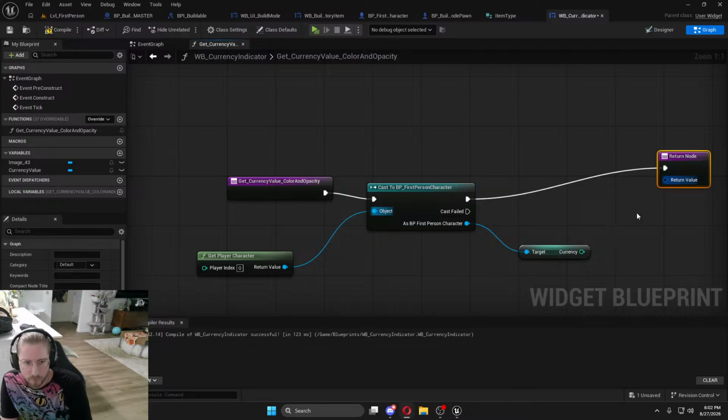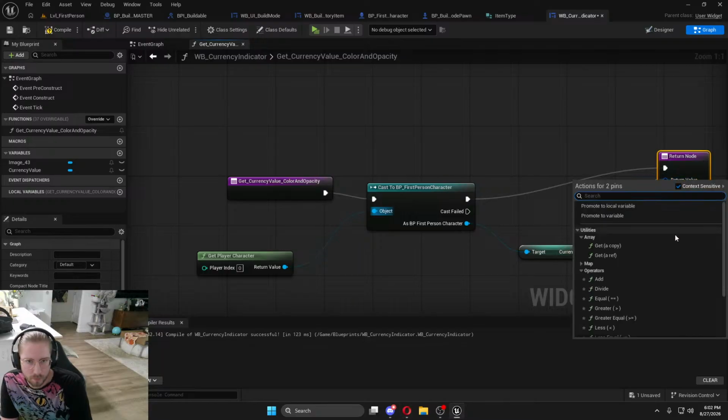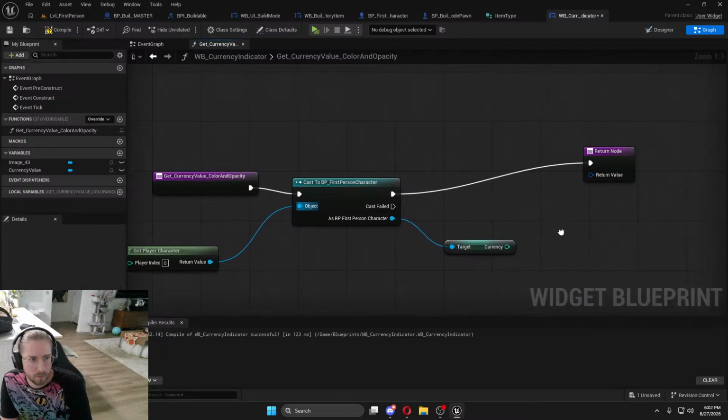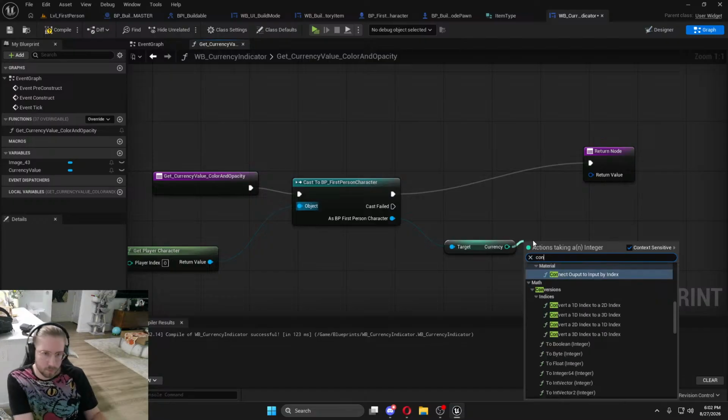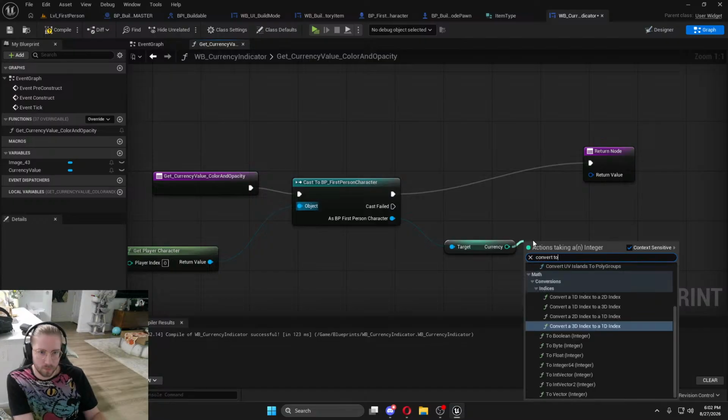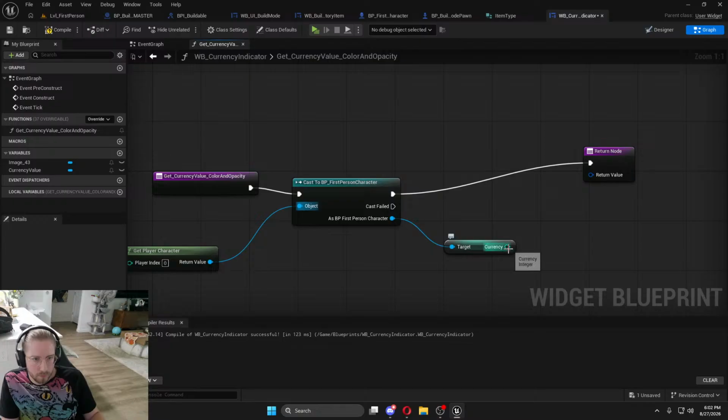And what to do is in the third person is get that currency variable that we created. And now we can just go ahead and pass that as the text. And